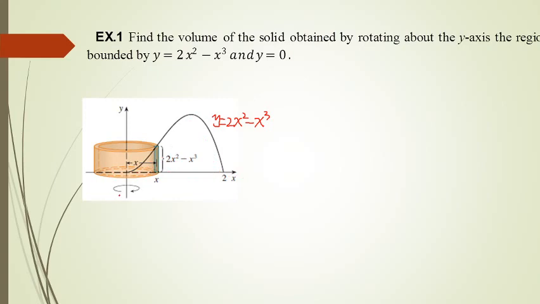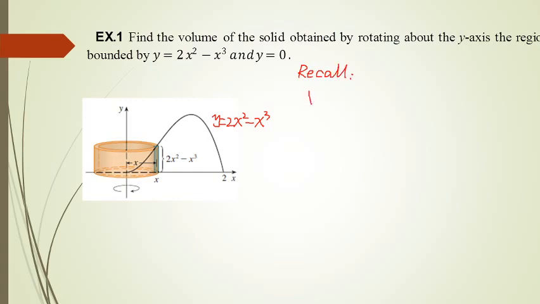So this rotating notation denotes how we rotate this region. For each approximating rectangle in this region, when the rectangle rotates about the y-axis, a cylindrical shell is obtained, right? So we need to figure out, according to the formula,